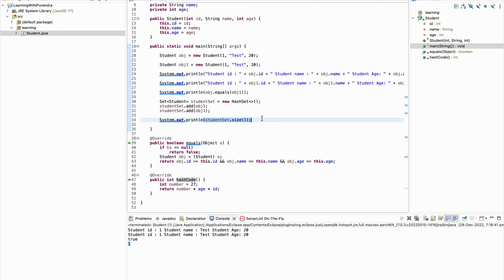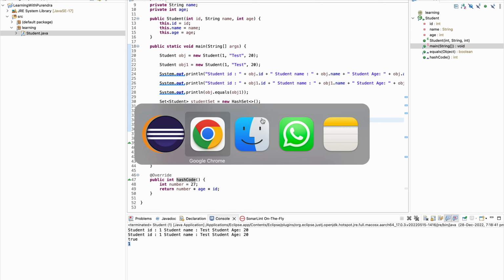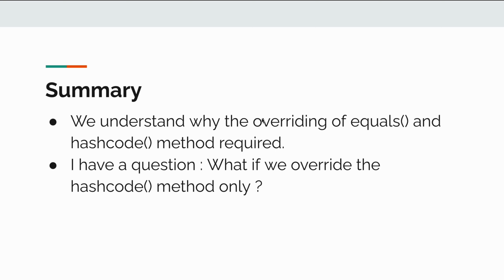I showed you this on the Java docs for the hashCode method. So we understand, using our code, why overriding the equals and hashCode methods is required. I hope everyone understands it, and if not, please let me know in the comment section so I can make a better explanation.